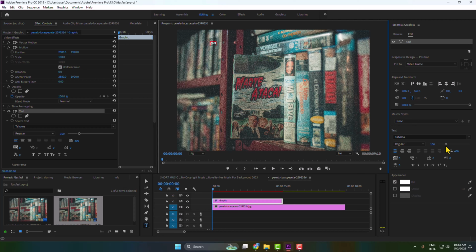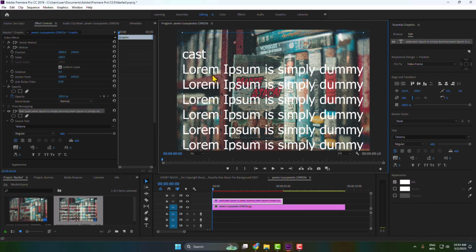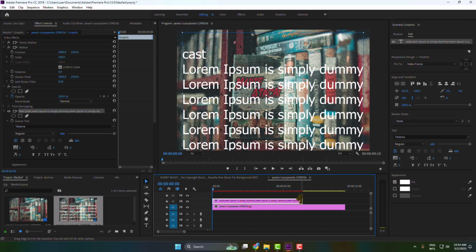And in this right hand menu you can change your text font size. You can also adjust your font family from here. You can also change your font color. Once you successfully created all of your rolling credits text, then you can increase your text layer, then select the